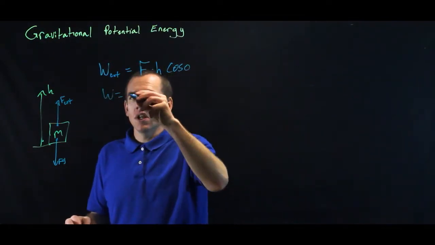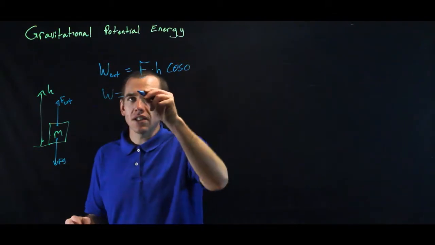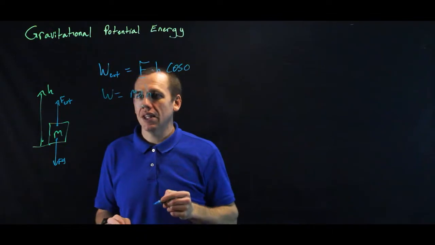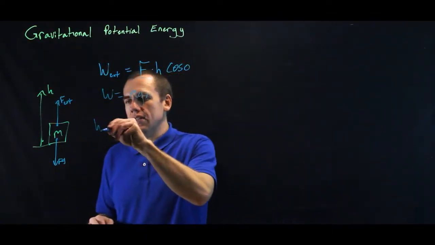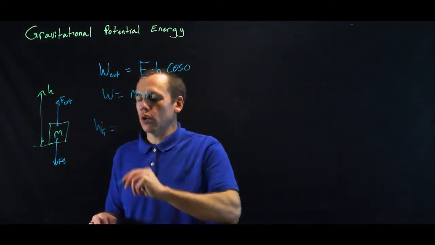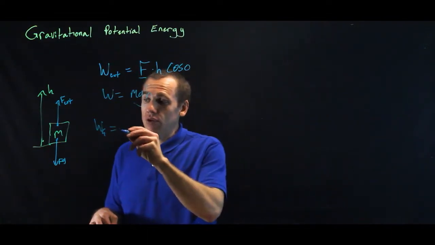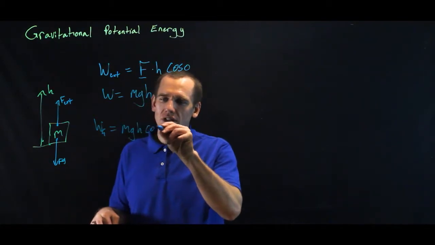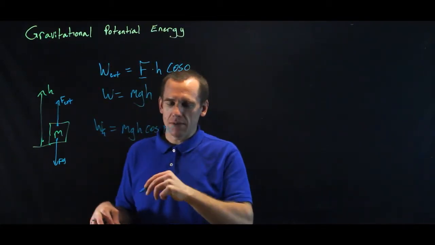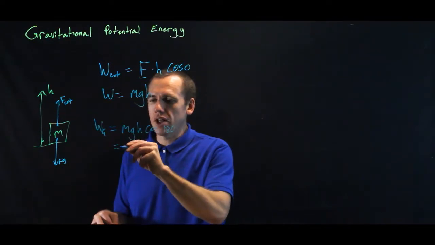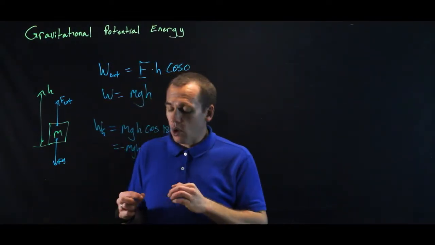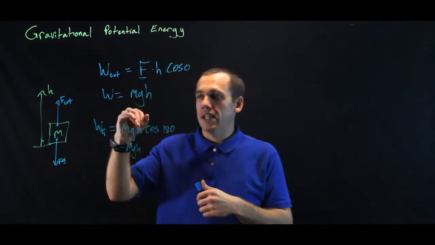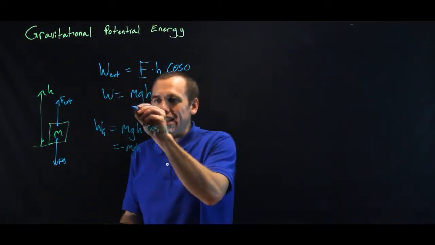So the work you do is equal to the force, but the force in this case is equal to mass times the acceleration due to gravity times the height. Now, the work gravity does, capital G there, the work done by gravity, is actually equal to the opposite of that, because it would be m times g times h times the cosine of 180 degrees, which is of course -1, so that's negative mgh. So the work done by gravity is negative mgh, the work against gravity is mgh, and this is what we